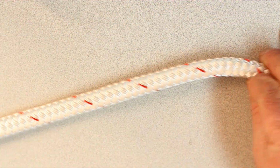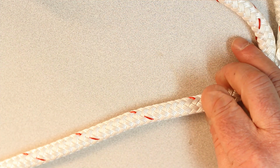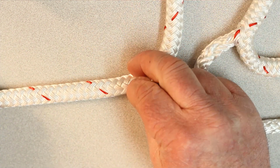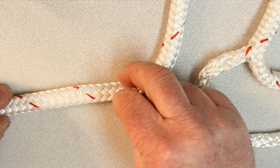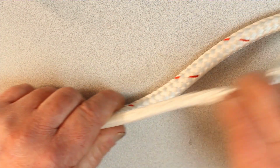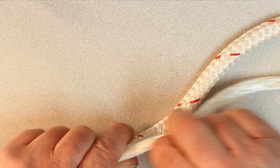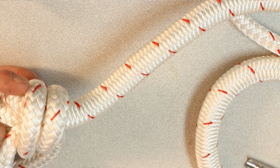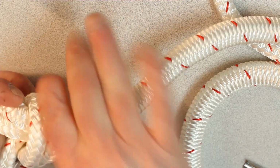Okay, at this point we need to go up about an arm's length up the rope towards the standing part and tie an eye in the line. Now you want to grab the core and milk the cover up against that knot. You want to milk it all the way up against the knot. The cover's bunched up, and what we're doing